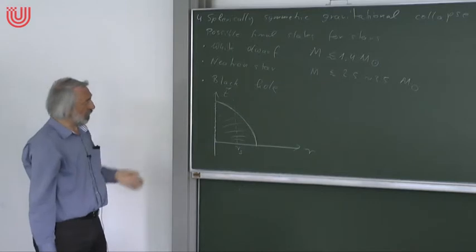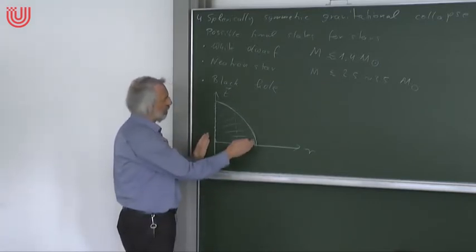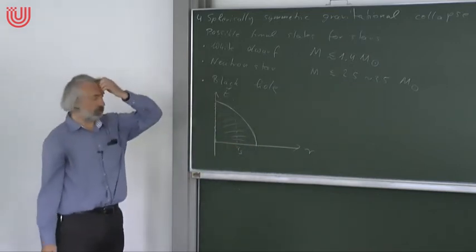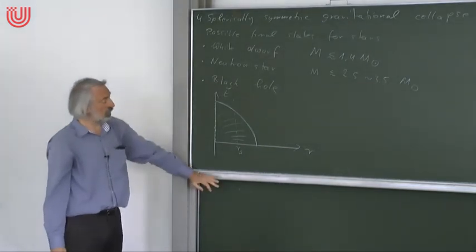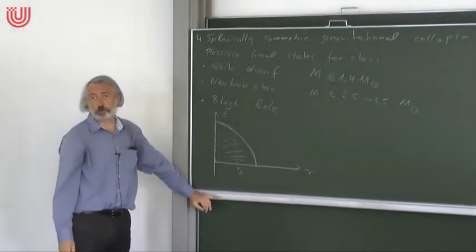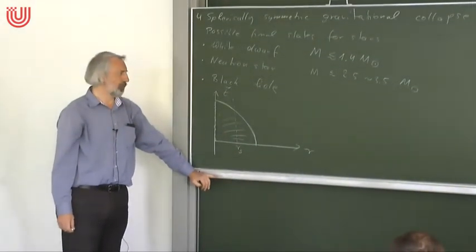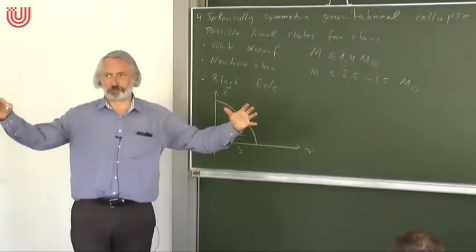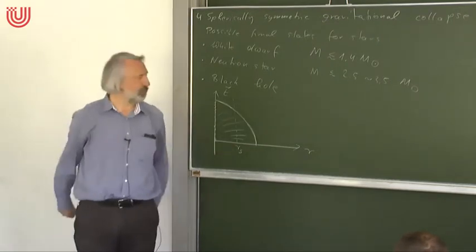And of course, I would like to calculate this process explicitly. So I would like to start with a model for the interior of the star and then calculate this dynamical process explicitly. In analytical terms, this is possible only for the highly idealized case of a ball of dust, if there's no pressure whatsoever. So you may ask yourself, well, that's not particularly intriguing. If I have a ball of dust, what else should it do instead of collapsing to a point, if there's no pressure which balances this?